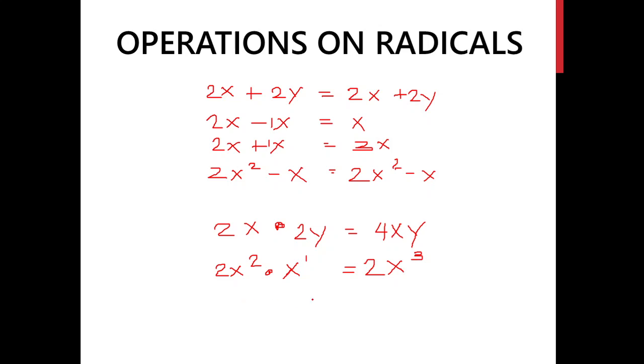Okay. Same goes with division. So if we have 2x squared divided by x, so that is 2 divided by 1 gives you 2. Now, the law of exponents says if we divide variables with the same base, all we need to do is to subtract the exponent. So that's 2 minus 1 gives you x raised to the power 1, and then 1 becomes an imaginary number. So this will be your answer.